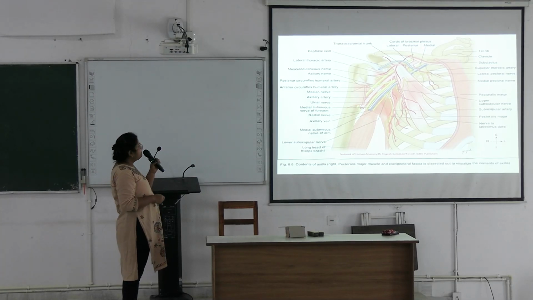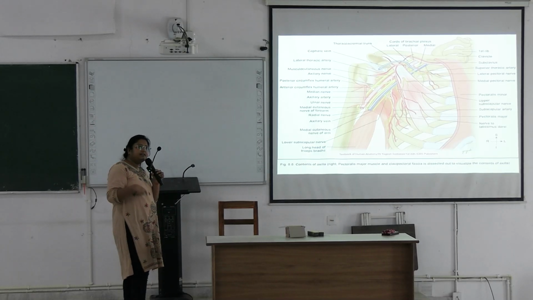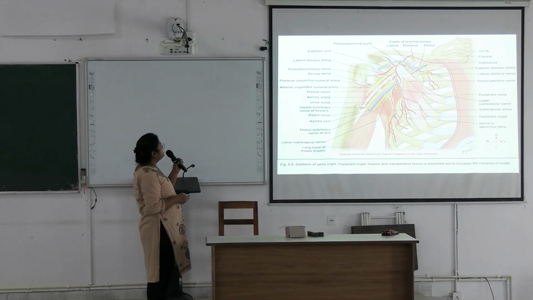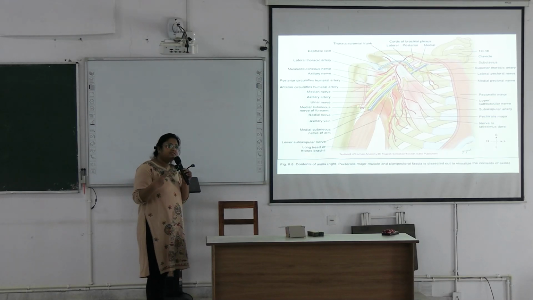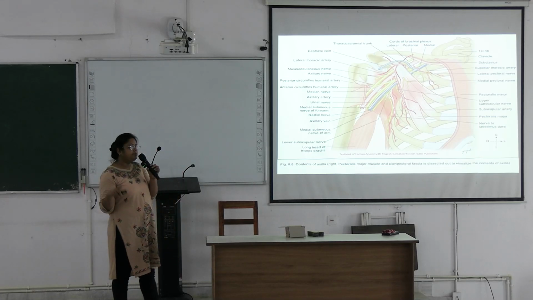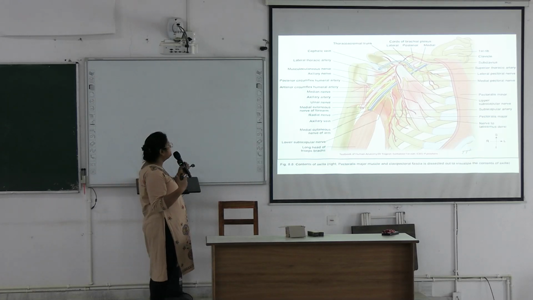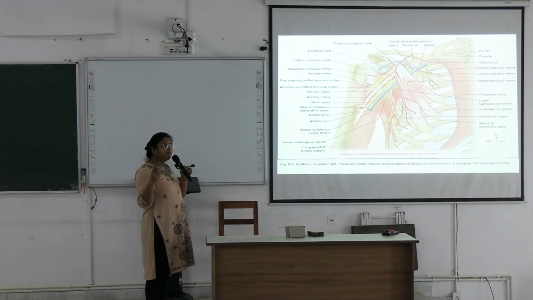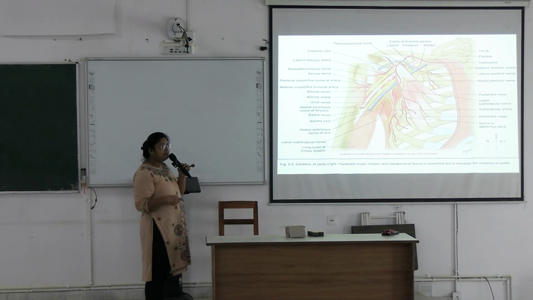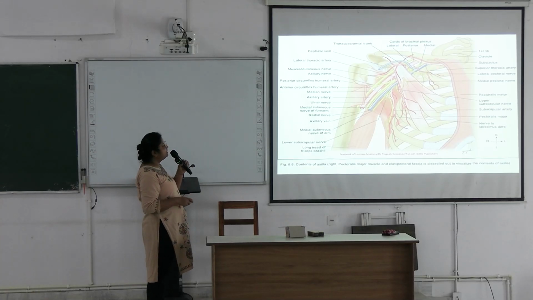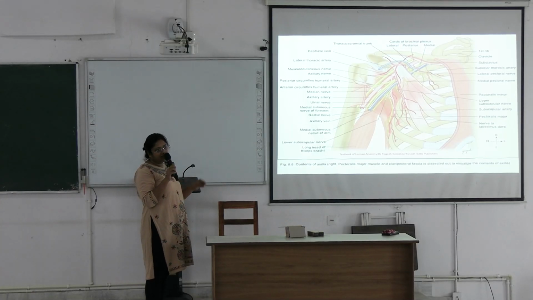Lower border of teres minor, and the pectoralis minor muscle is dividing the axillary artery into three parts: first part, second part and third part. And there are branches from these three parts. From the first part, a single branch; second part, two branches; third part, three or four branches. We will discuss how these branches come out later on. So first you identify the artery. It will be a single, thick artery.